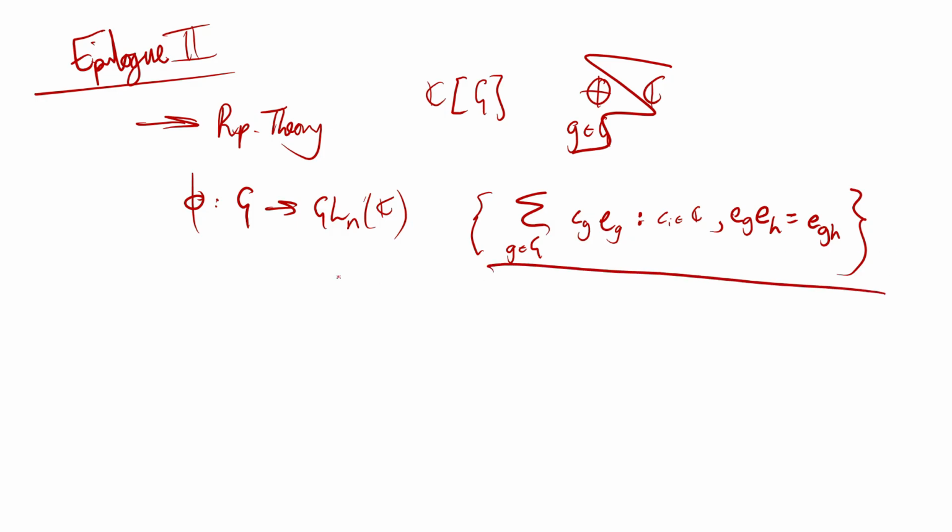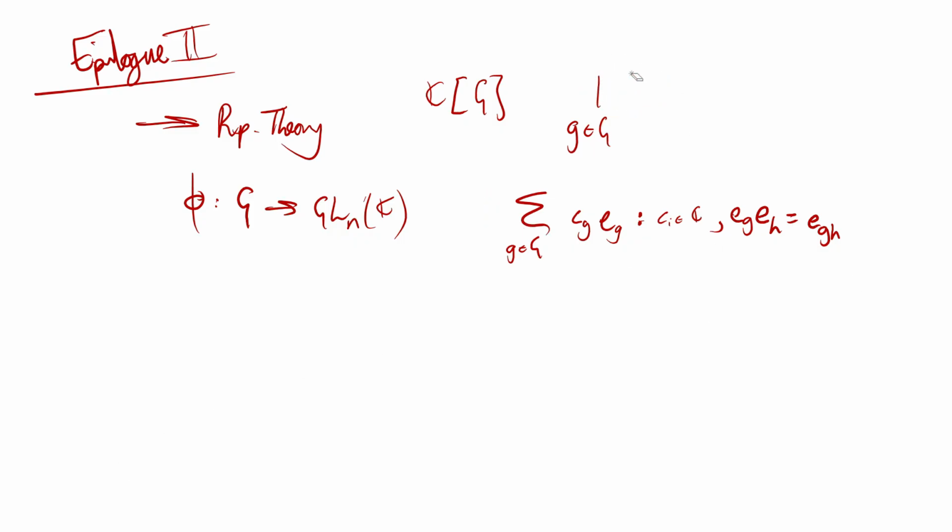Modules over this are this general linear group GL_n, and this isn't a field, I don't think. There are probably cases where it is a field, but let's say it is defined to be